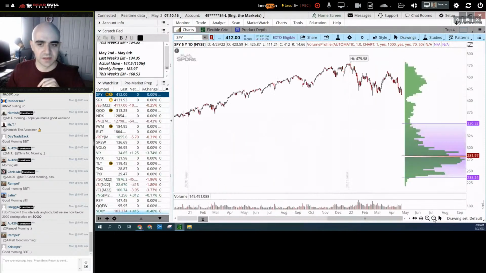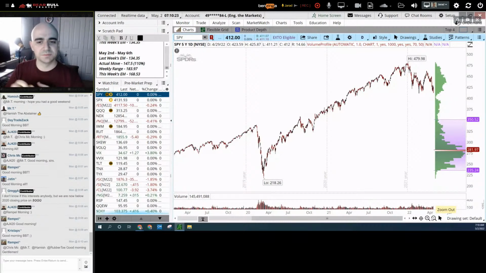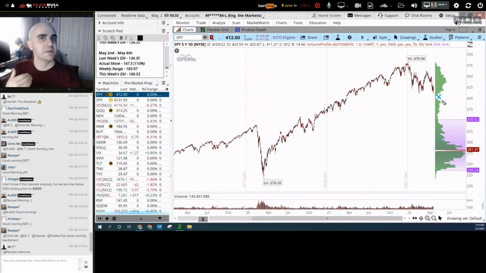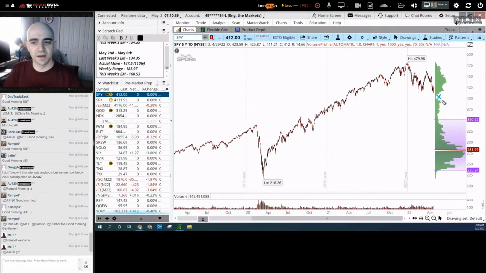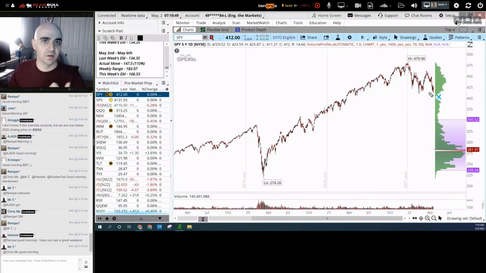And what that does is it puts a bit of downside risk to the market from a volume profile perspective. If we are to lose this level, the pocket concept here, the fact that there is no transactional value in this area, means that the market could potentially fall through this area very quickly. So speed is going to be of importance as well. The size of the move and how fast we move through these prices would be a bit of a risk for not only your exposure to the market, but also for technical trade intraday.